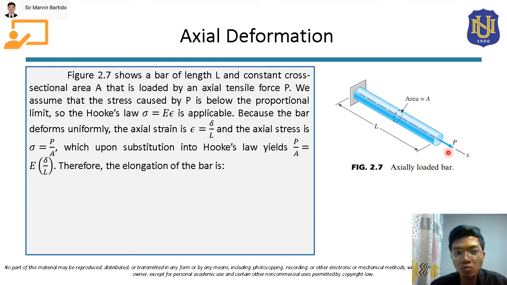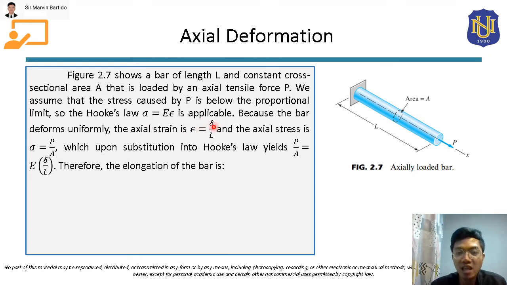So we assume that the stress caused by P is below the proportional limit. That means that we can apply Hooke's law. The formula for Hooke's law is sigma is equal to E times epsilon. Again, class, we can only apply Hooke's law up to the point of the proportional limit in the stress-strain diagram. Because the bar deforms uniformly, the formula for axial strain is epsilon